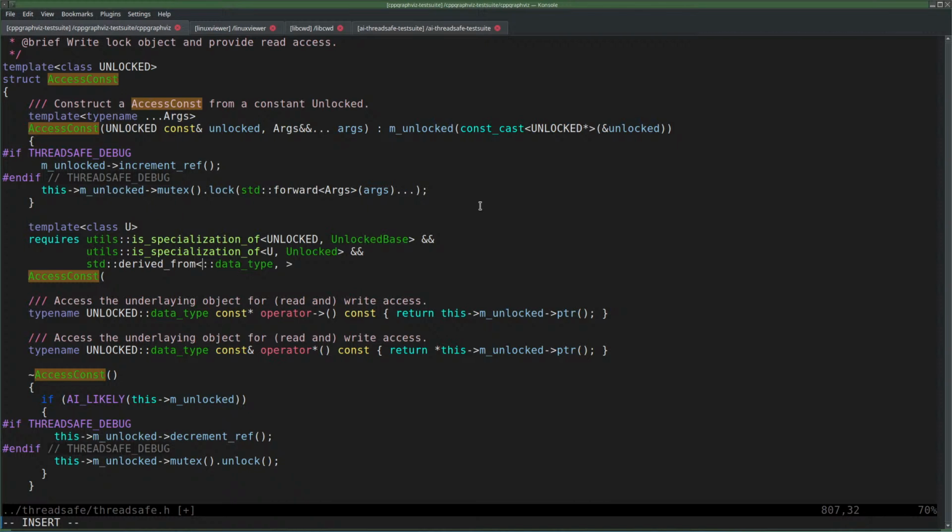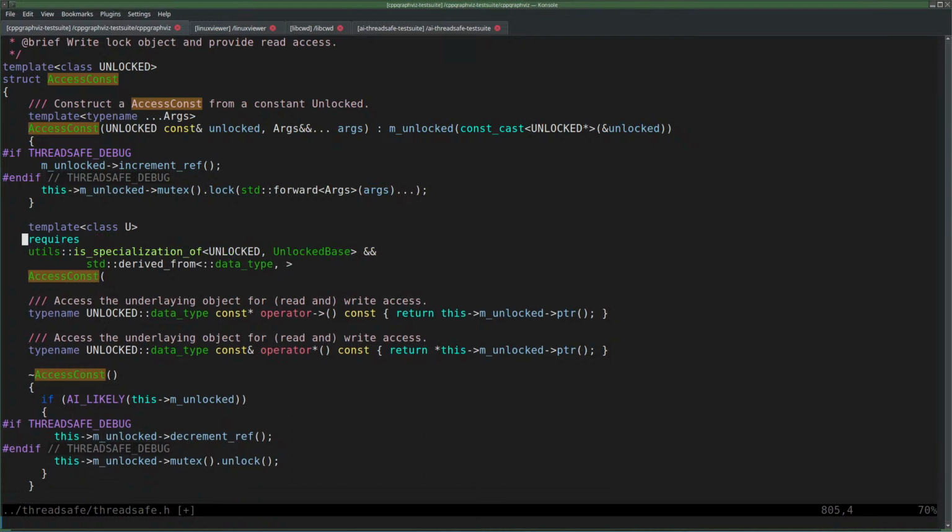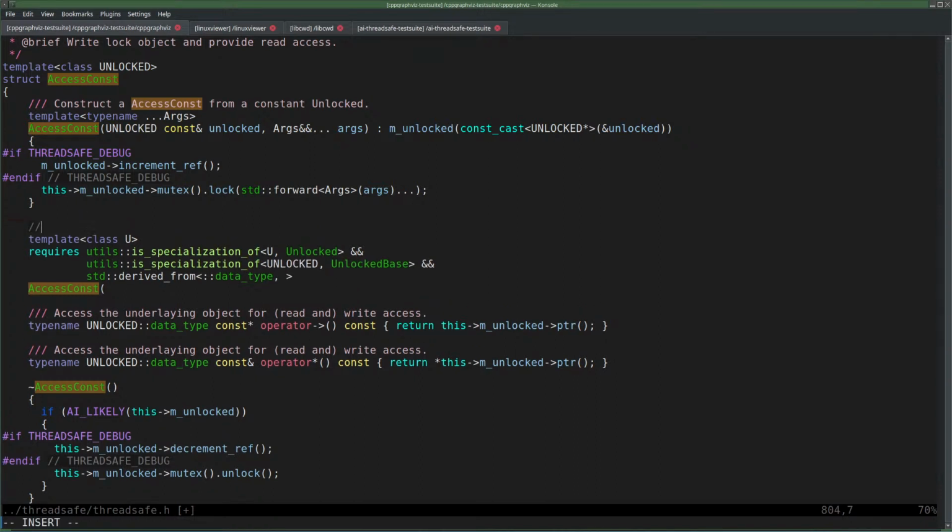Going to unlocked, so it is the other way around. Good, so that is convert from u to unlocked.